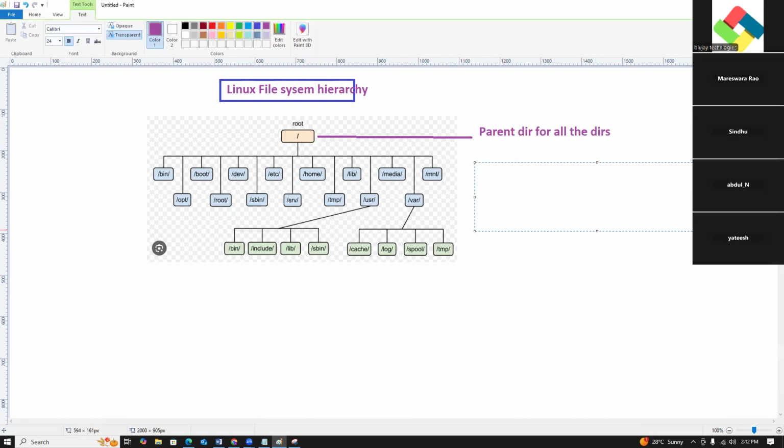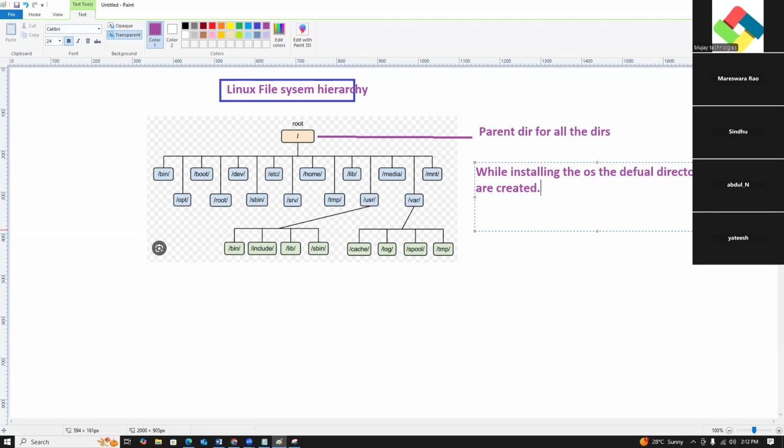Whenever we install the OS, the default file system structure, the default directories, are created.